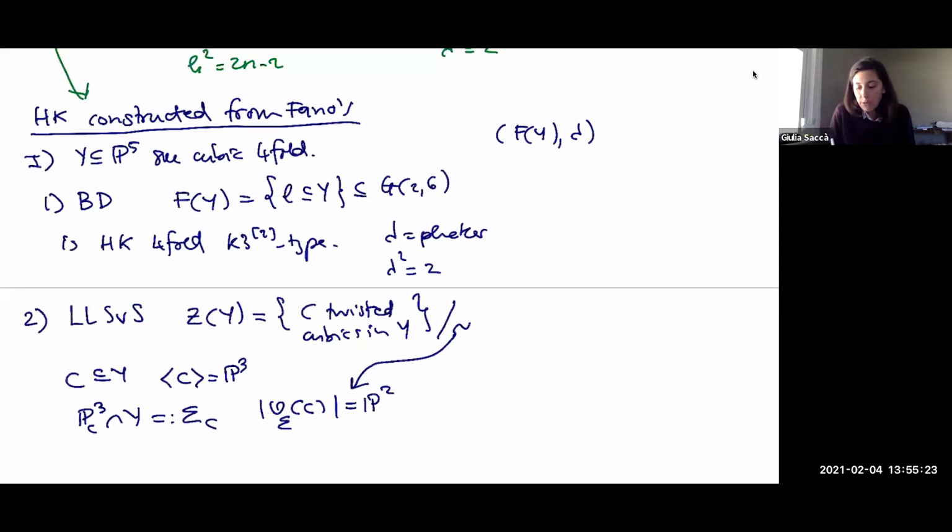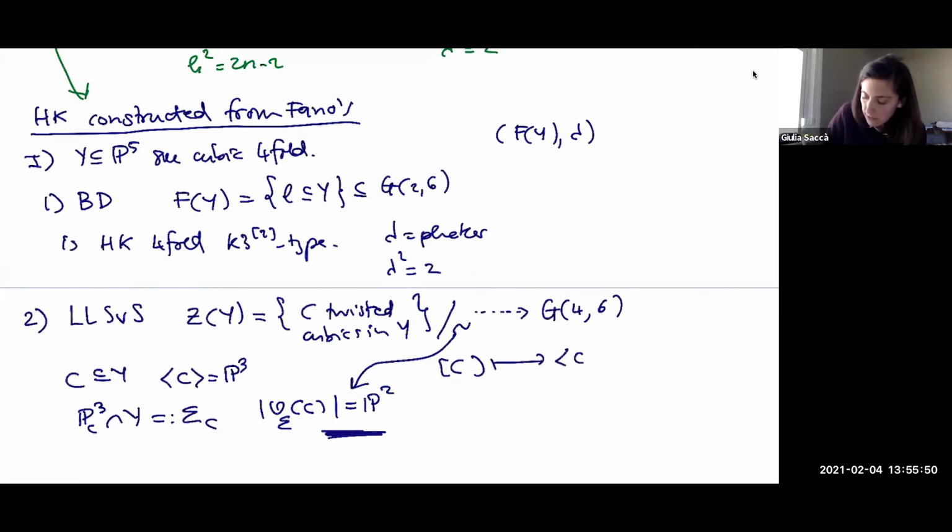But if you didn't do this, this would be a P1 bundle, and there's no chance you'd have a symplectic form on it. Okay, so this also comes with a natural polarization, because there's a natural map. It's only rational, but to the Grassmannian of P3s. So to a curve, an equivalence class, you associate the P3 in the Grassmannian. And the pullback gives also,